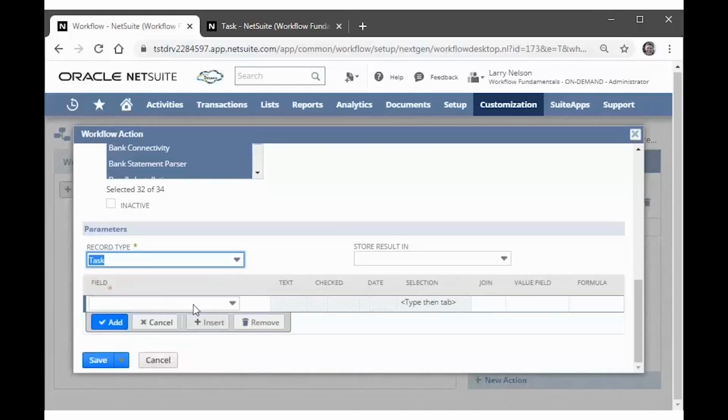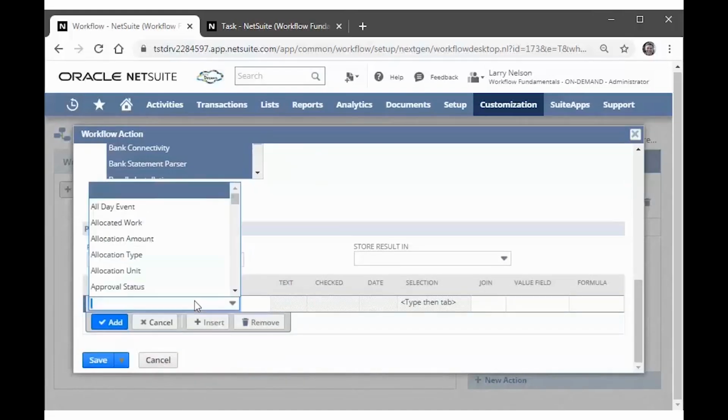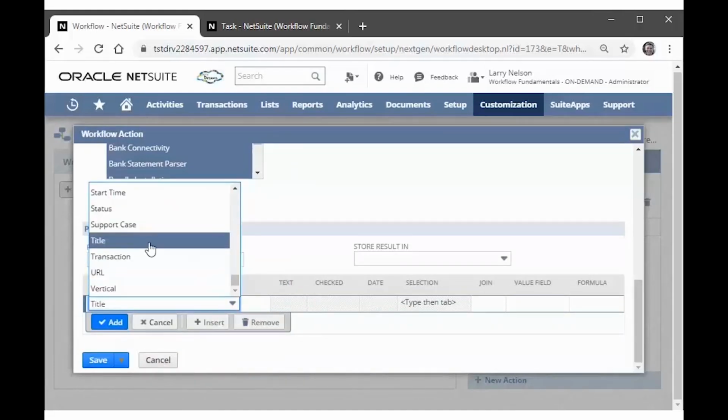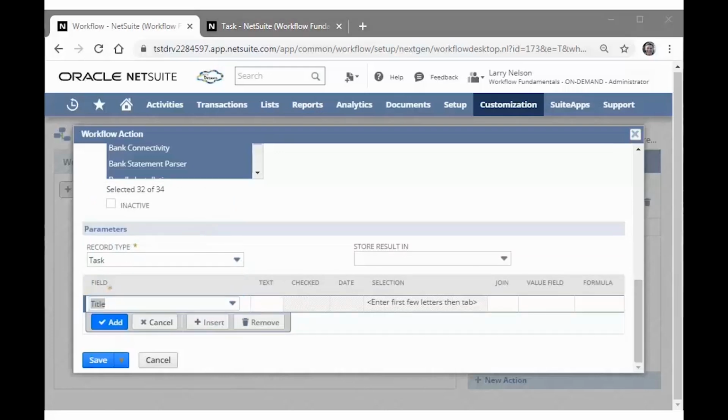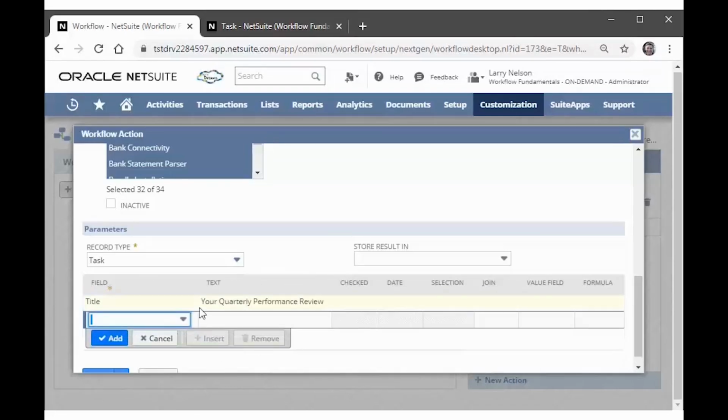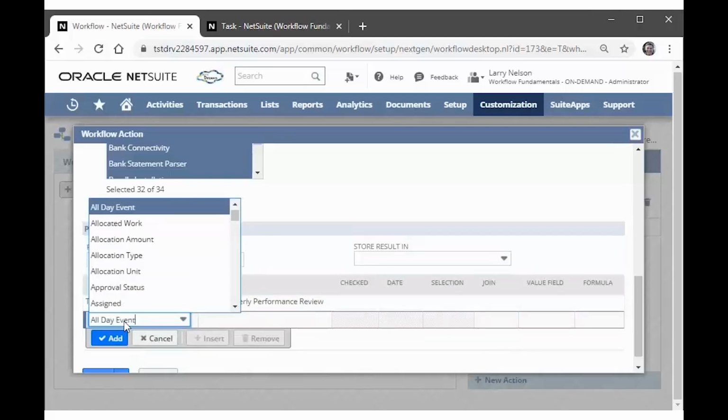It's going to be a task record, as I mentioned before. And the first field that we're going to populate is going to be that title field. And all I'm going to enter in that is the title of the task. What's the name of the task going to read when you look at it? And it's going to basically be called Your Quarterly Performance Review. I want to assign this to,